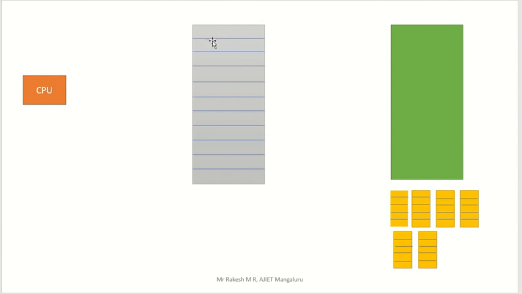Another thing we saw in the previous module: the size of the frame and the size of each page of the process should be the same. It should not be different. Here, multi-programming, we have to execute a lot of processes in the CPU. That is called multi-programming. Many programs are executed in the CPU. If you take only one process inside the CPU, then only one process is executed, right?